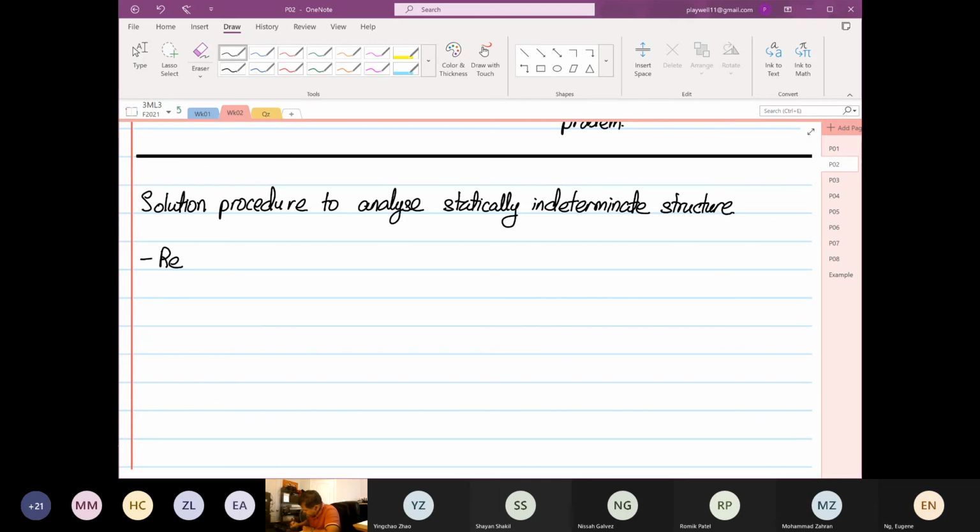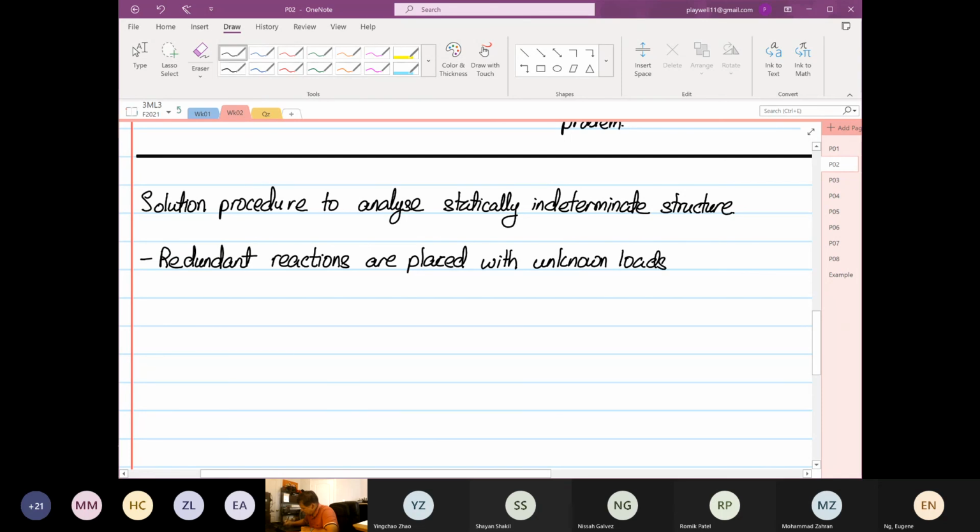So redundant means not necessary. Okay, so redundant reactions are placed with unknown loads, right, which along with other applied loads